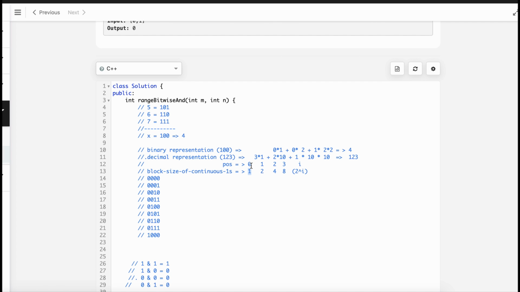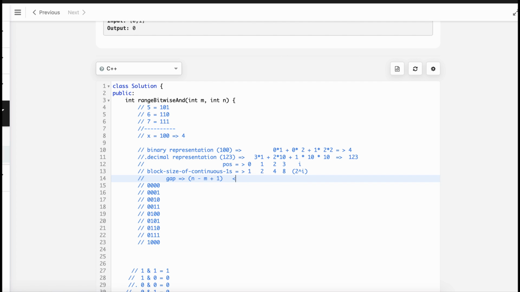So eventually this position will not give us the solution. The AND operation will not give us 1. So we can simply skip that position, because this position will not give us ones. The only position that gives us the value is when the gap, which is simply n minus m plus 1,